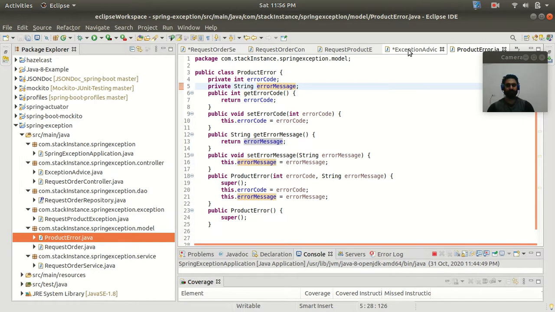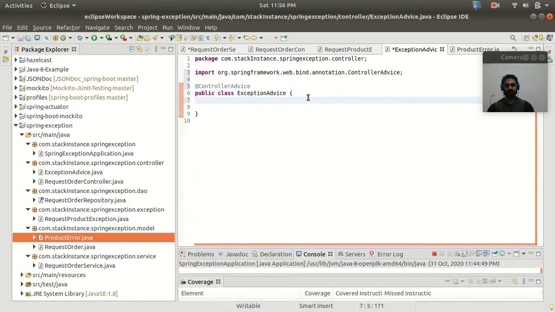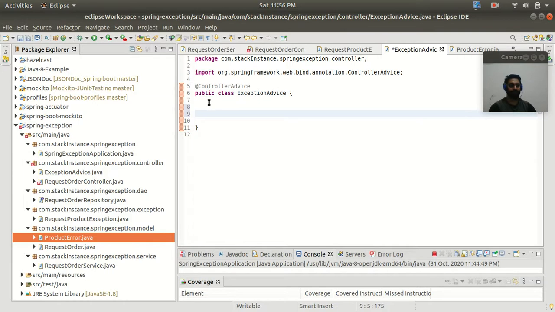So let's go to our exception advice class, and here I am going to write one method, and it is going to return our request product.